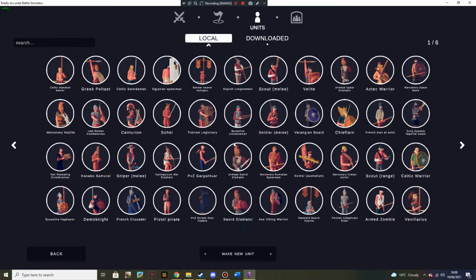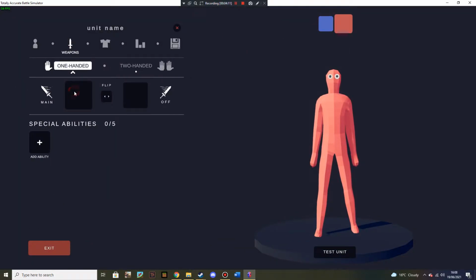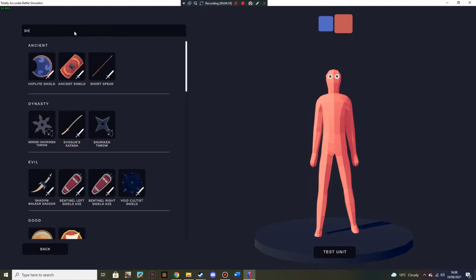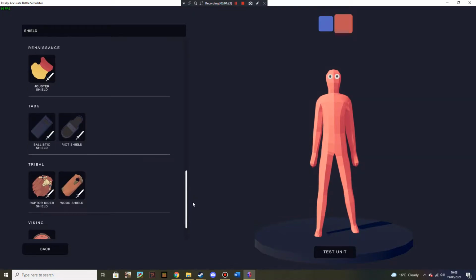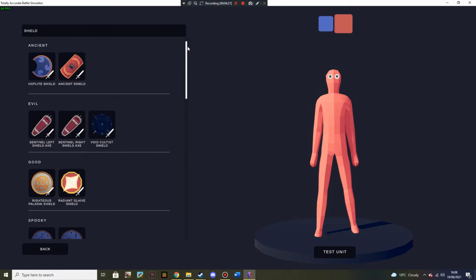Moving on from units like that, I want to now go into talking about the weapons and equipment that we've got, and armor that we've got going on. First of all, shields. As we can see, there's a bunch of shield options, but there's also not a lot of shield options. One is that I'd like to see